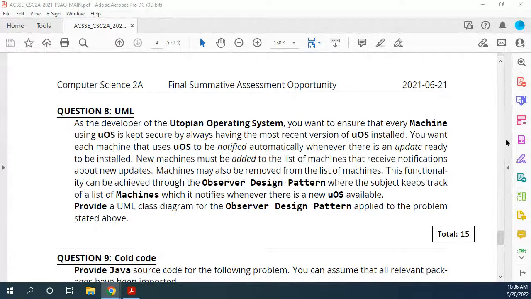Where we basically had to identify a design pattern that was useful for a particular use case, and then we had to explain why the design pattern was useful and what the limitations of the design pattern were, right? So you should expect a question like that in the exam because we want to test that you're able to identify the correct design pattern for a problem. Okay, so in this question,